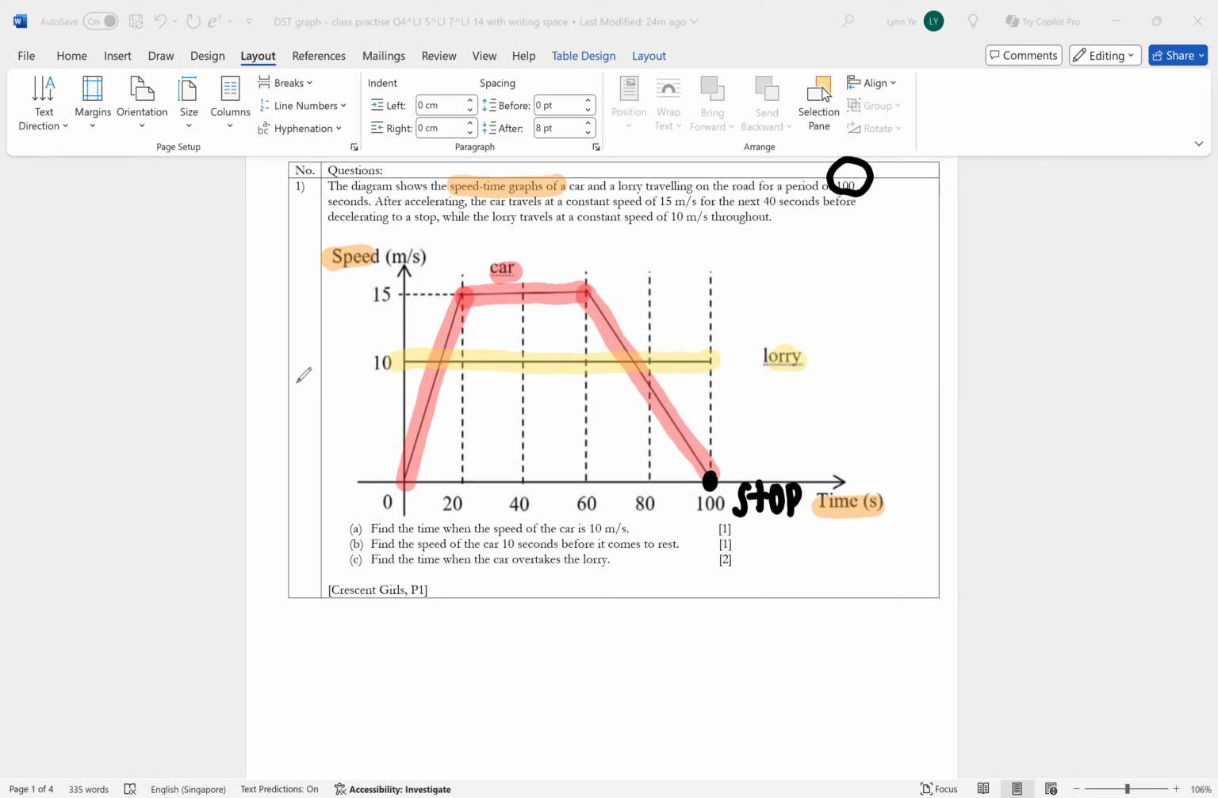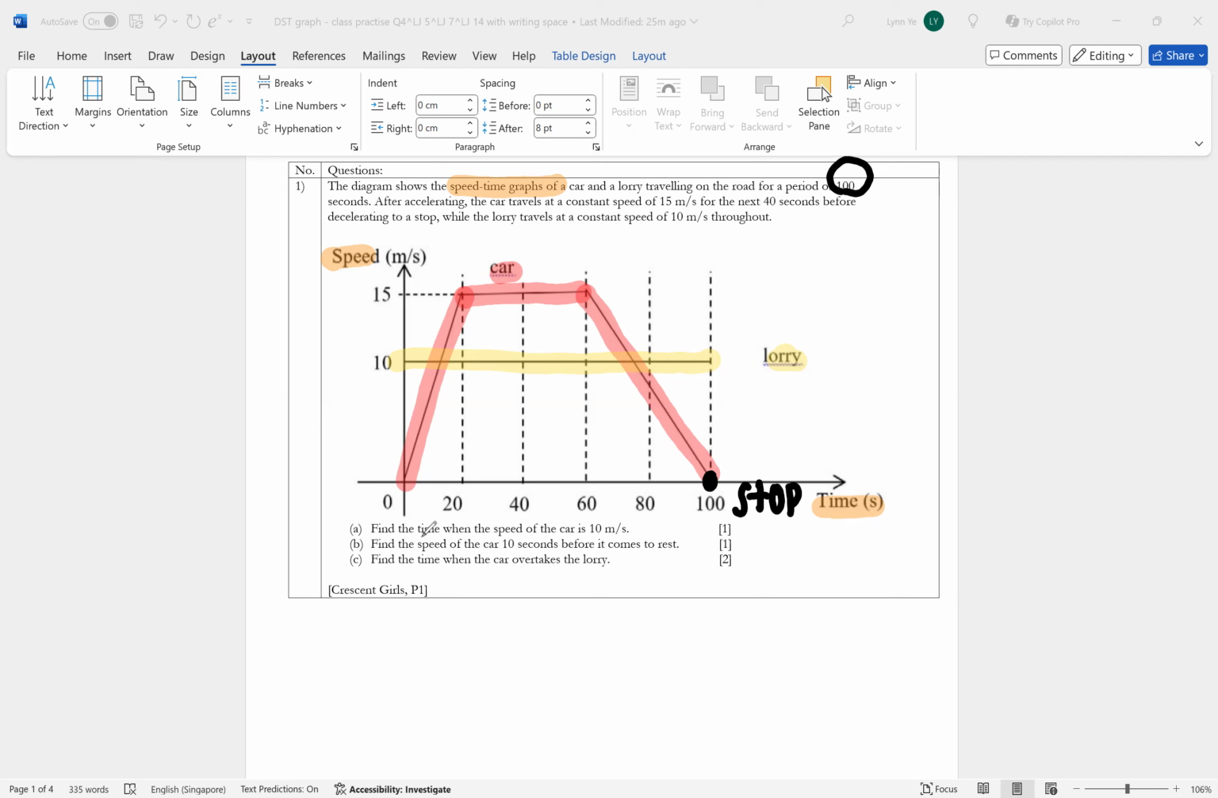So you have to understand this graph. If you don't understand, always read the question. Okay? So right now, we'll move on to the next part. So what is the question asking for? Let's read for question A. They're asking for